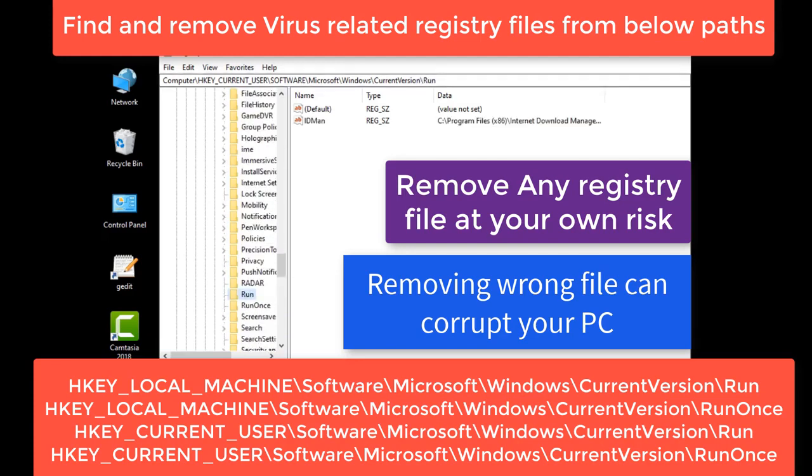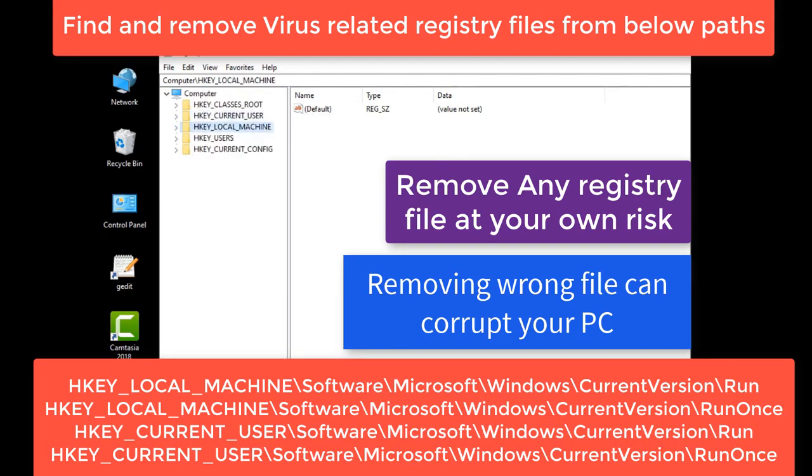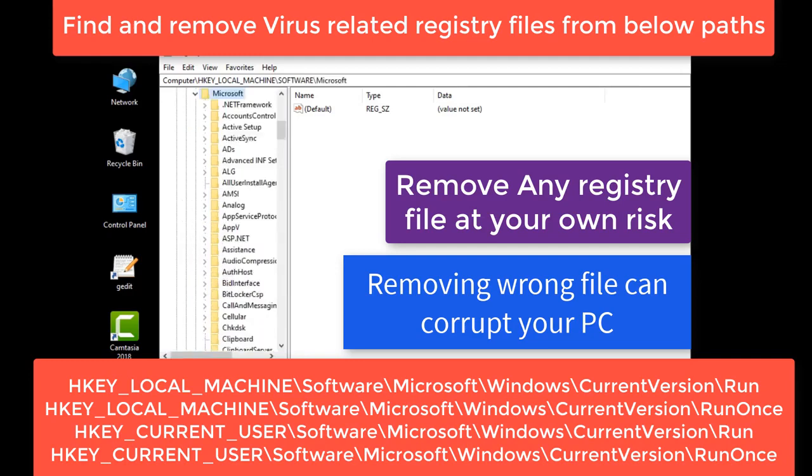So don't get disappointed if you are not able to follow the manual removal instructions. You can also click the link in the description of this video to visit the malware removal website where I have created a detailed guide about this virus and how to remove this infection through the automatic removal method along with the data recovery software which will help you to remove this virus completely from your PC and recover all your files. But for now we are sticking to the manual removal method, but be sure to check that link and visit that website for automatic removal help if you are not comfortable with the manual removal process.